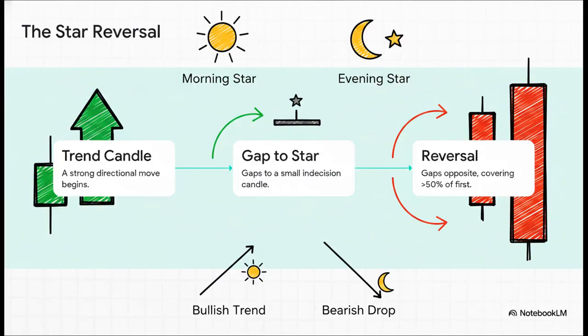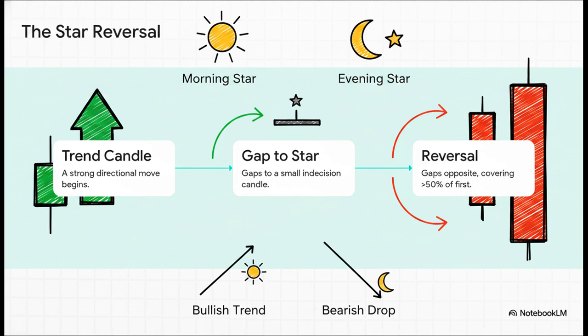Let's walk chronologically through the really elegant setup of the morning star and evening star patterns. Step 1, you get a strong trend candle. Step 2, the market gaps to a tiny indecision candle. That's the star of the pattern. Step 3, the market violently gaps in the totally opposite direction, printing a large reversal candle that covers more than 50% of that very first candle. It's poetic, really. The morning star dawns a brand new bullish trend, while the evening star brings the darkness of